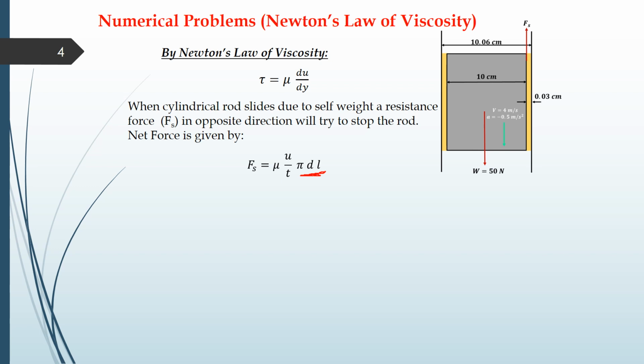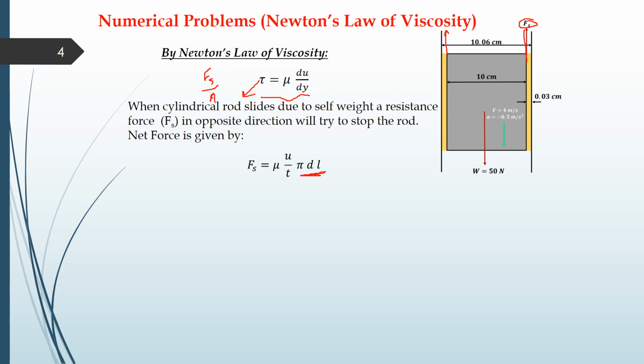So since the rod is coming down with some weight and with some velocity, there will be a shear force developed over here, which will be denoted by Fs. This shear force will be developed along the circumference of the rod. It will be on this side also. So we have to calculate this shear force first, and shear force can be calculated by using Newton's law of viscosity. And this tau is equal to Fs divided by